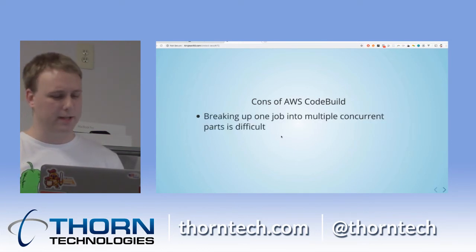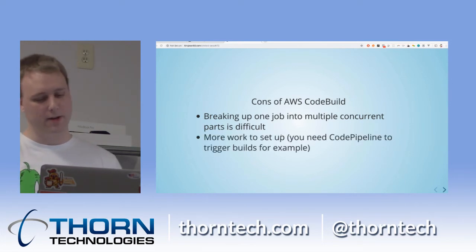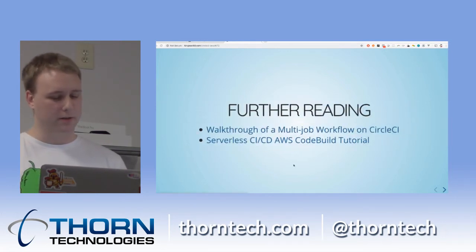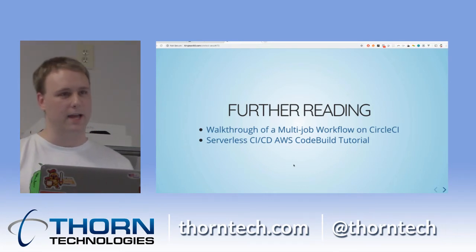Cons of AWS CodeBuild: breaking up one job into multiple concurrent parts is difficult. I read some things about using Lambda to trigger things and stuff like that, and it seems tricky. It's a little more work to set up because you have to integrate with some other services like CodePipeline to monitor your code repository, stuff like that. But there are some articles here for further reading if you're interested, talking about building a WordPress plugin using this multi-job workflow on CircleCI and serverless